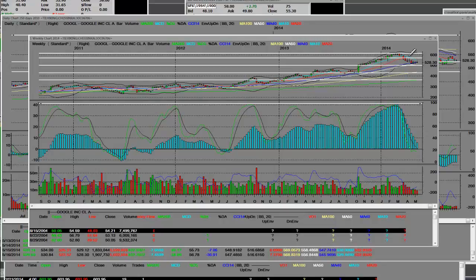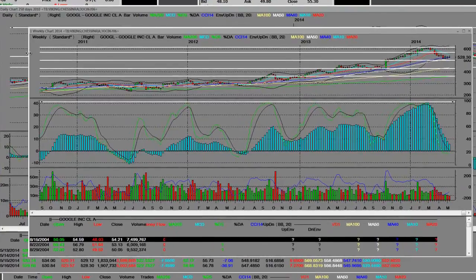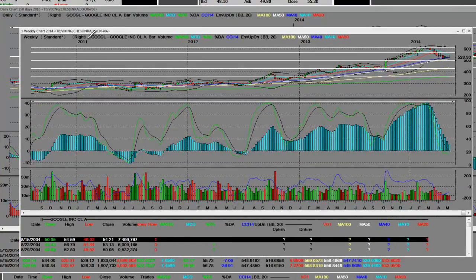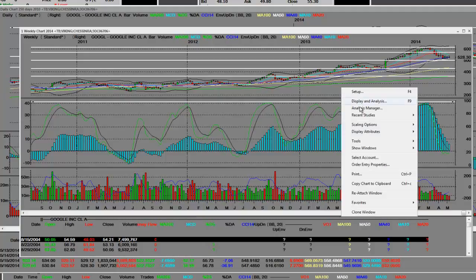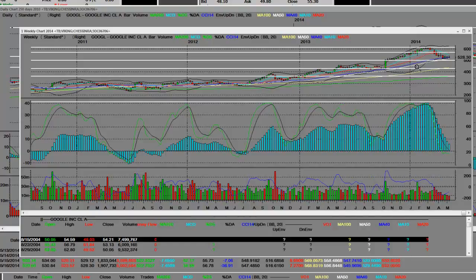Well, right now we have a weekly chart on Google, GOOGL, and then the other instrument is GOOG. We're mainly focusing on this one because we can get the longer term data. I have never ever seen Google that overbought on a moving average convergence divergence on a weekly. We only knew one thing, that it wasn't going to be sustainable. And we knew that it had to have put options and a short based on this high on that weekly